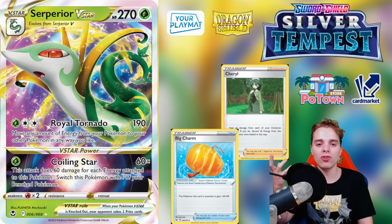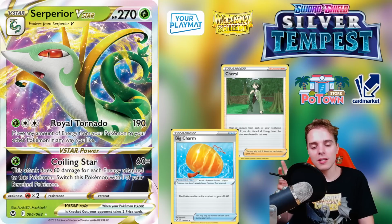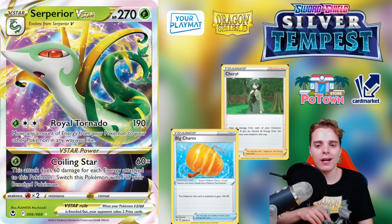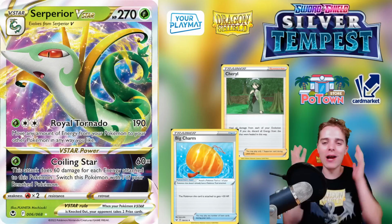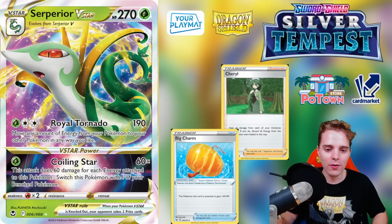Is it better than Rapid Strike and Inteleon? I don't know, because Rapid Strike and Inteleon does pretty much the same thing. It actually is slapping more damage though. Royal Tornado slaps 190, and with a Choice Belt, you're actually there with 220 territory to knock out basic V Pokemon, so that is an edge over Serperior. And it also comes back with free retreat. So if you're liking free retreat Pokemon, here's another one, Serperior VSTAR. Number 7,